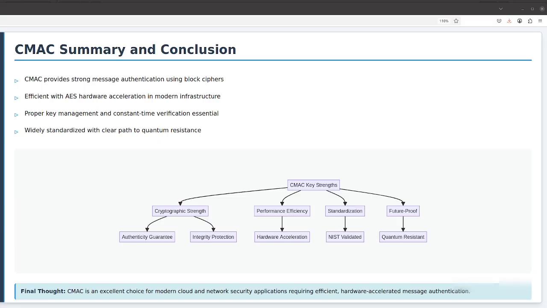Looking forward, CMAC has a clear path to quantum resistance through adequate key sizes and potential migration to quantum-safe block ciphers if needed. For cloud and network security engineers, CMAC is a valuable tool that provides efficient authentication with strong security guarantees. Whether securing API communications, authenticating microservices messages, or protecting IoT device communications, CMAC offers a standardized, well-analyzed solution backed by extensive cryptographic research and